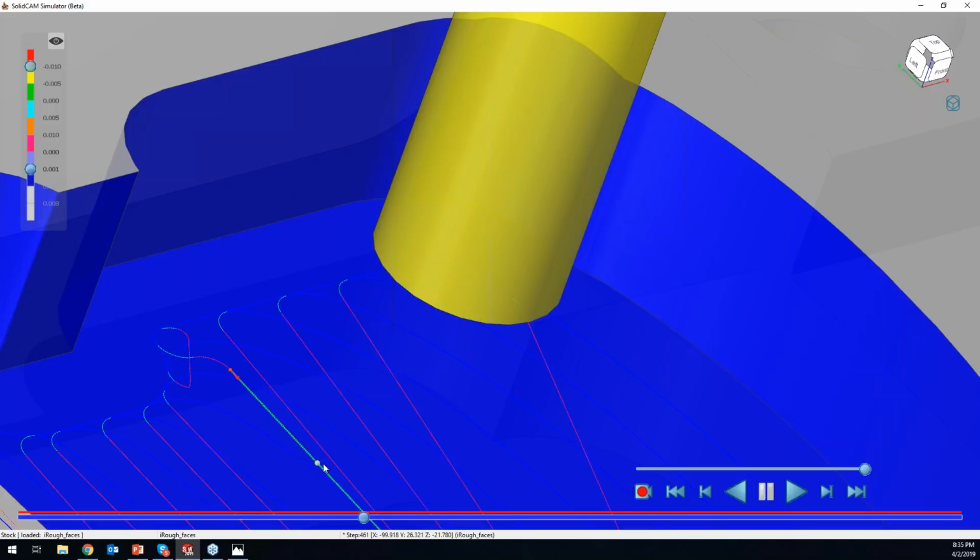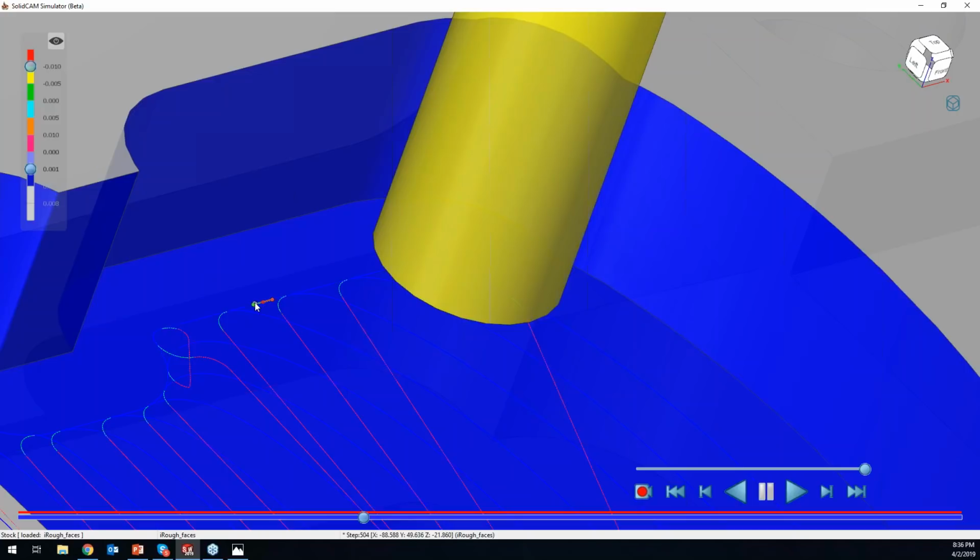And as I just hover over this, you'll see that down here we're on step 643, and as I move this around, you'll see my progress. I can see exactly what line number we're on, what X location it is. Maybe if I'm worried about getting close to that wall, I can come in here and see that it was 49.636 in my Y-axis,